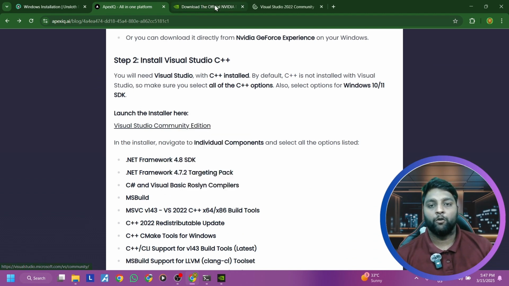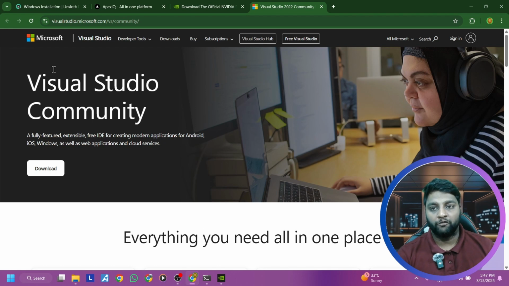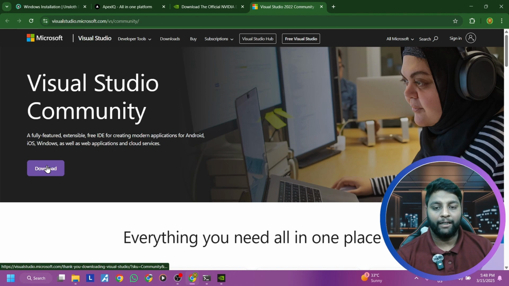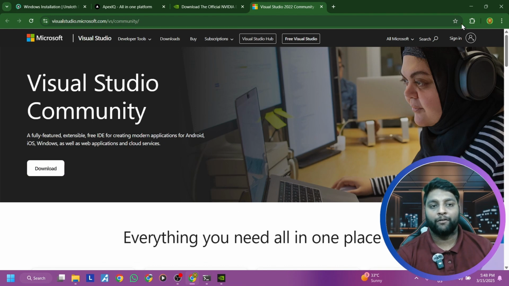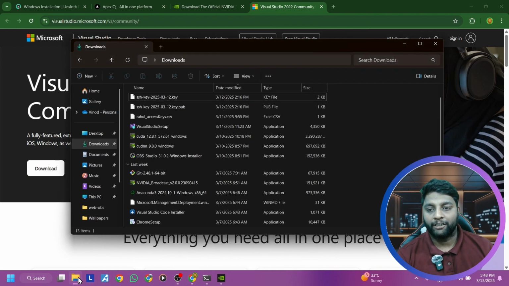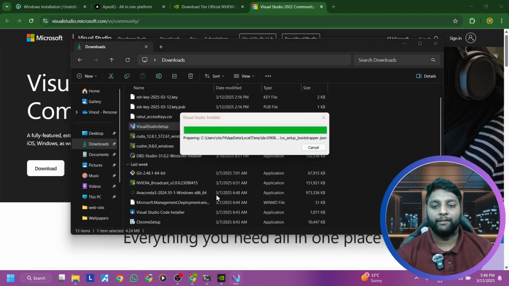You can just open the link here and check whatever the latest Visual Studio edition is. Just make sure to download that, open it, and install all the requirements. You have to install all the requirements from Visual Studio. Let me check if that is available here. Yeah, Visual Studio Setup, you can see here. Yes,